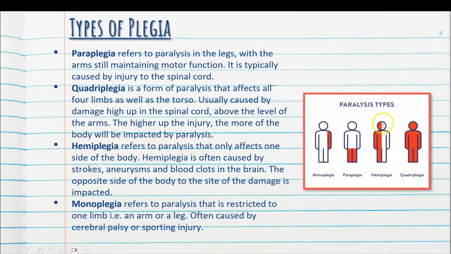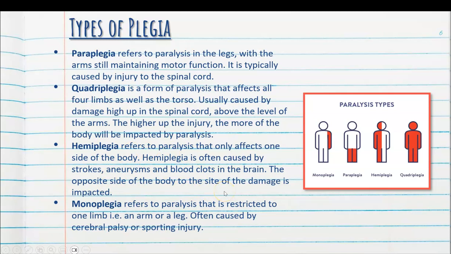So one half, as pictured here. So hemiplegia is often caused by strokes, aneurysms, and blood clots in the brain, and the opposite side of the body to the site of the damage is impacted. So when I did my brain video, my previous video, we know that the left hemisphere controls the right side of the body and vice versa. So whatever part of the brain or whichever hemisphere, hence the term hemiplegia, is damaged,